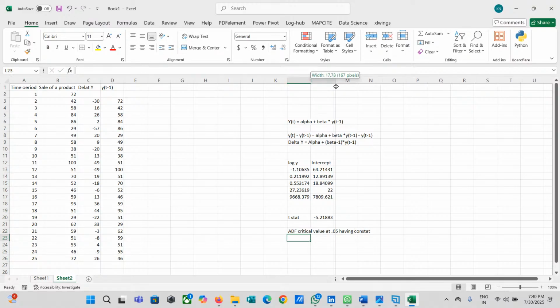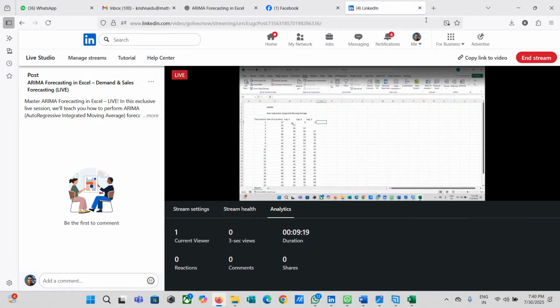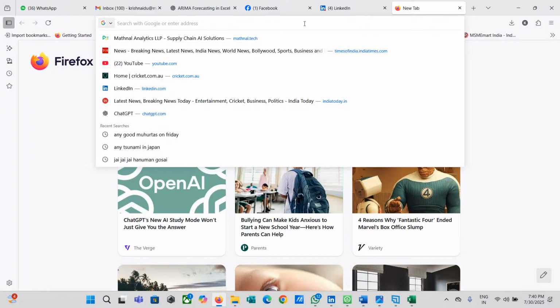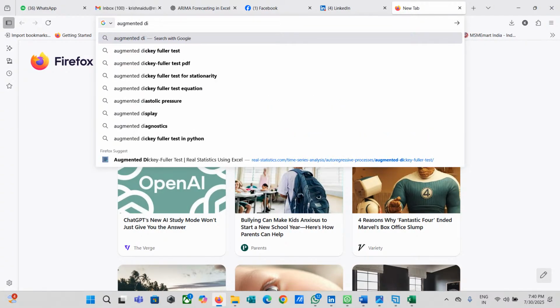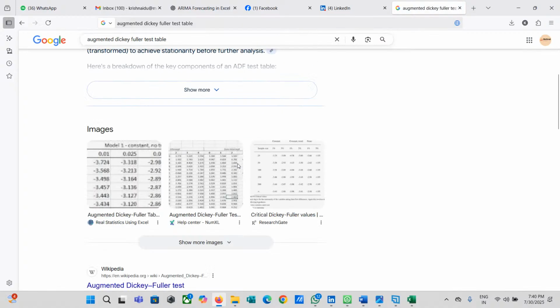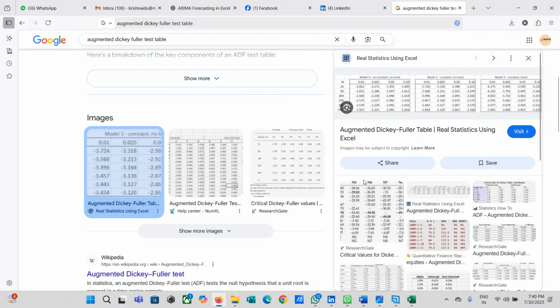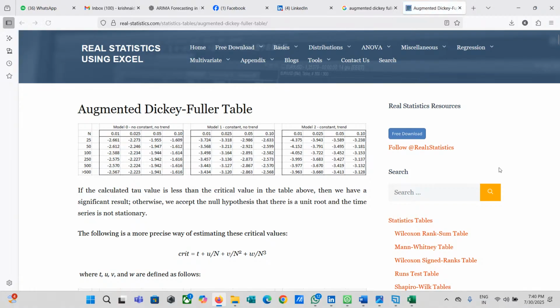To find this, I have to look at the augmented Dickey-Fuller test table. We are taking 0.05 and our sample size is 25.